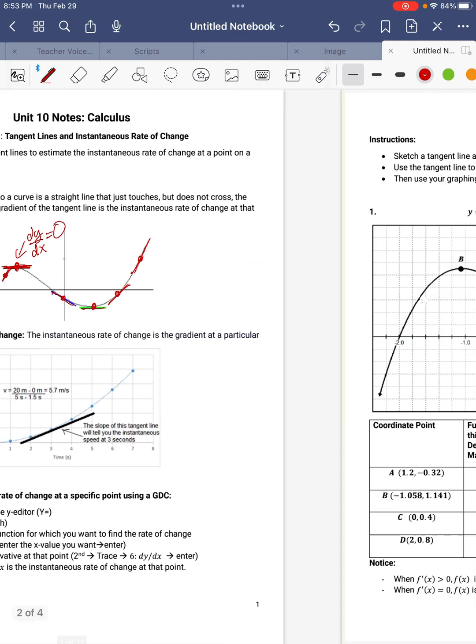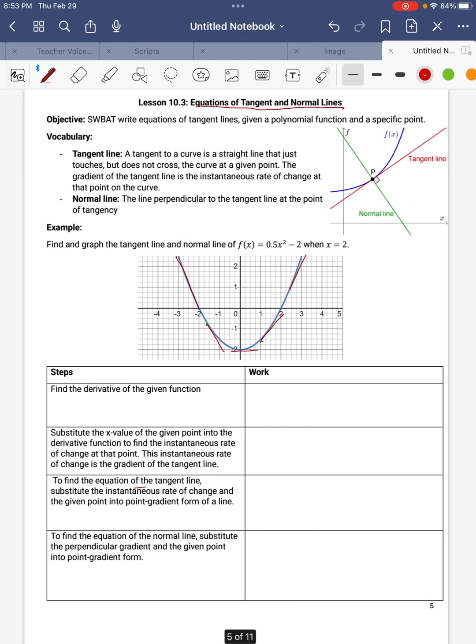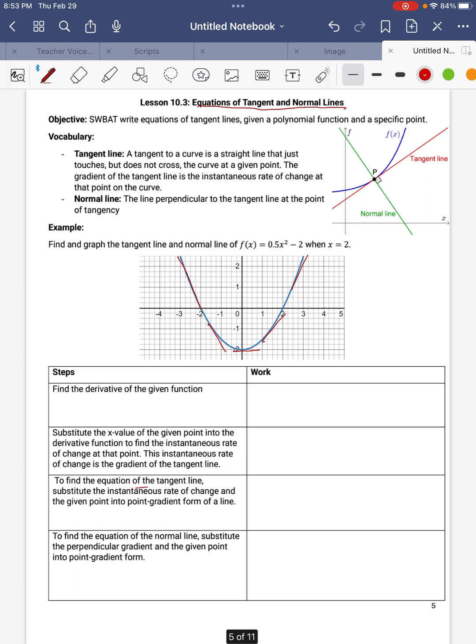Okay, so if we want to know the equation for a tangent line, there's a few things that we're going to need to do. For one, we're going to need to find the instantaneous rate of change at the point, because that is going to be the gradient of the tangent line. So let's start with that. So to find the instantaneous rate of change, we need to find the derivative, otherwise known as dy/dx or